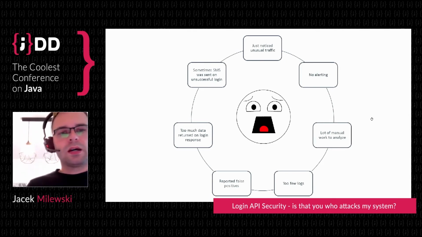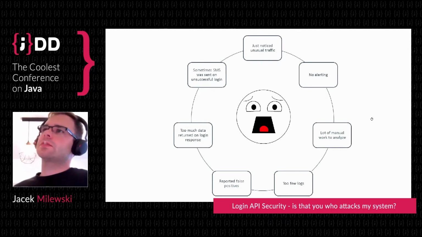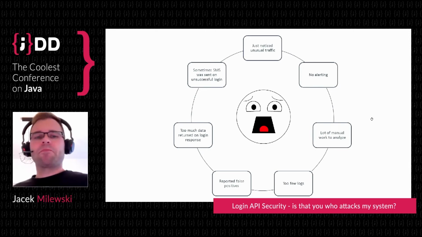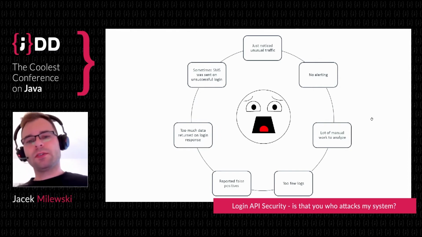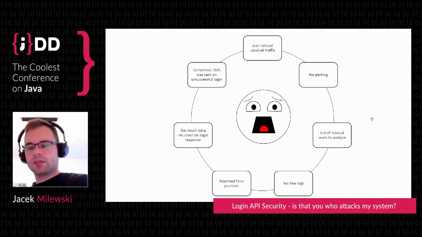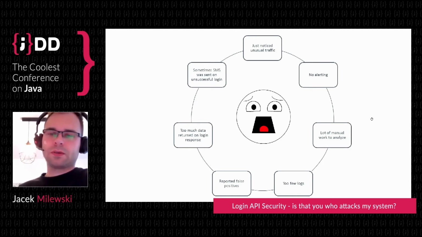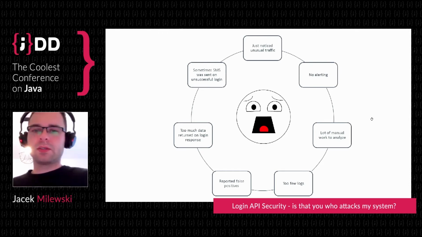In our case, we also have this kind of specific user account. I think that in every system there is a specific user account that, in our case, was sending an SMS message to the user even on unsuccessful login. And we did send 20,000 of such SMSs because an attacker simply tried to log in, he failed, but the SMS was sent. You know, we had a cost to pay. We had users that received an SMS, they were confused. So better to avoid it. Again, if there is some side effect, better to make it in a separate request.